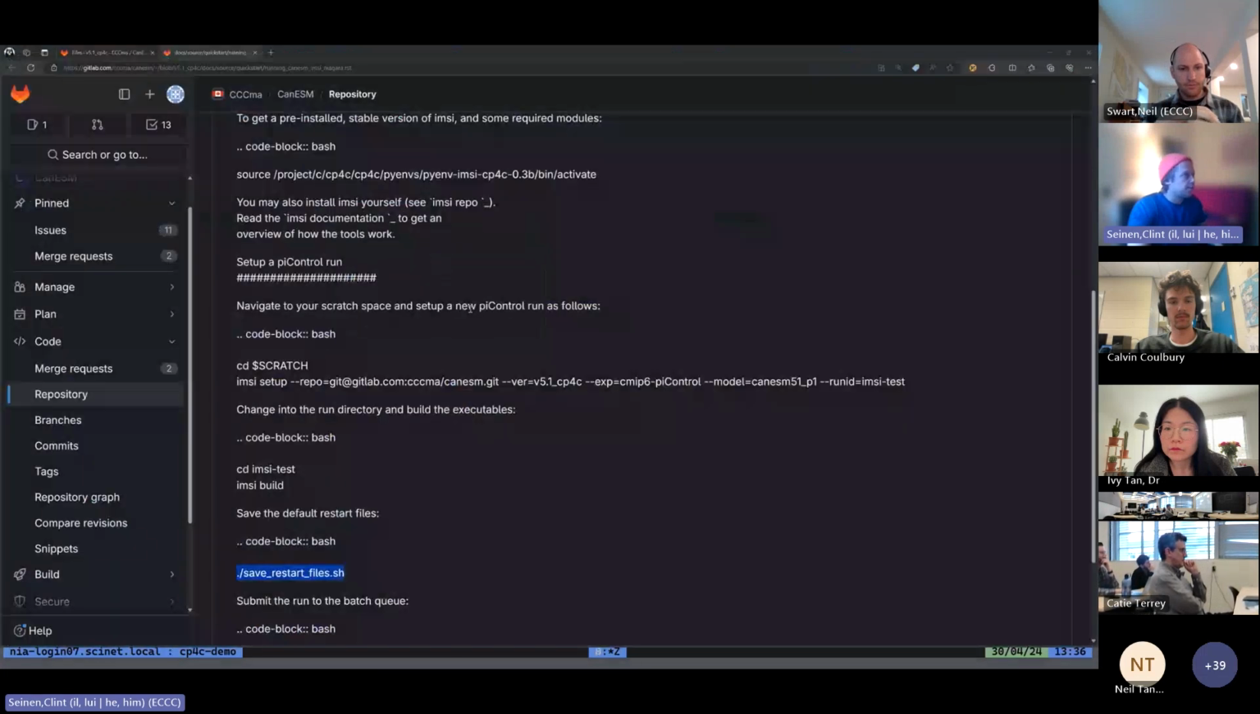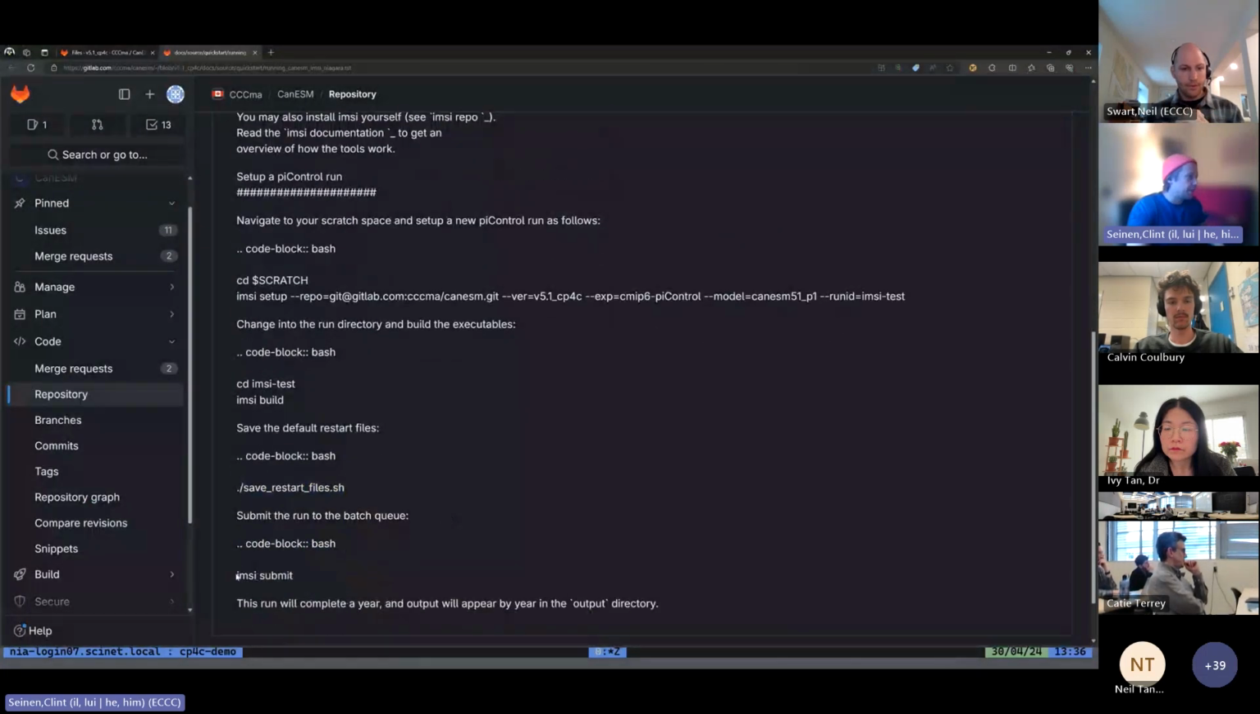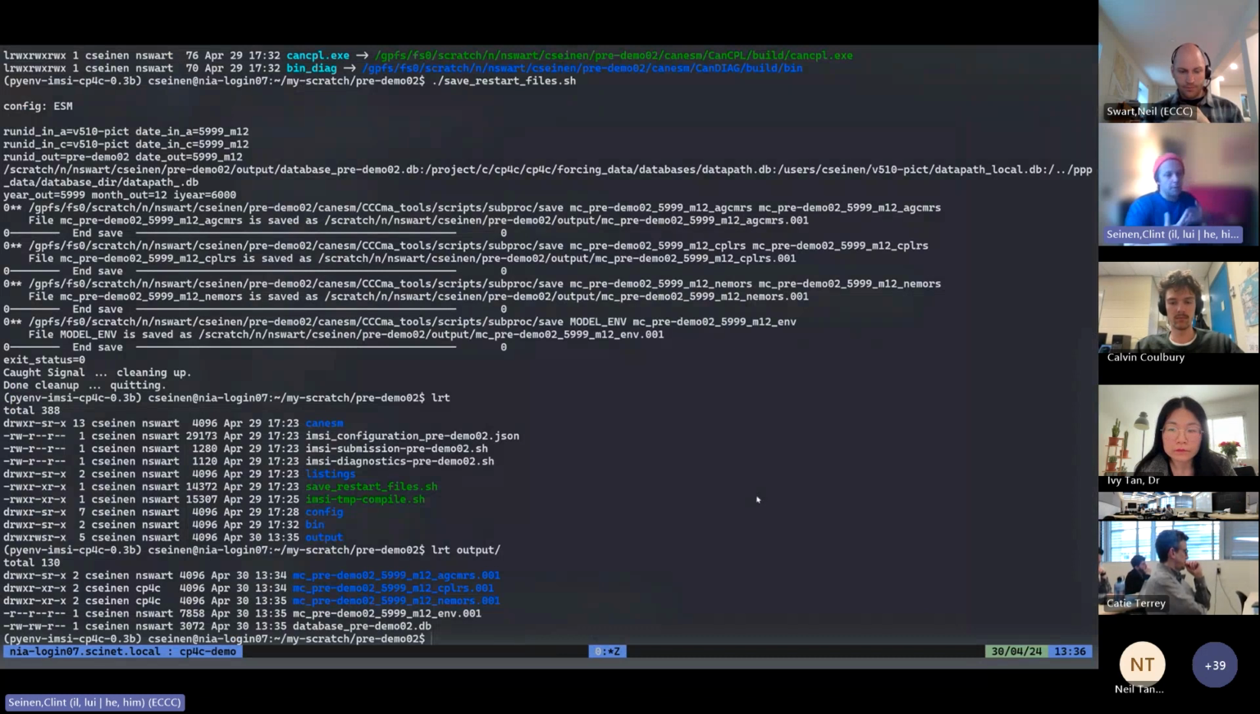So the next thing we need to do is just submit it. And it's as easy as using IMSI submit here. So IMSI submit is a wrapper around qsub or PBS. We have it to support both of those. So that's why there is just a little bit of an abstraction there, because we have to support multiple queuing systems. But so then you just do IMSI submit,